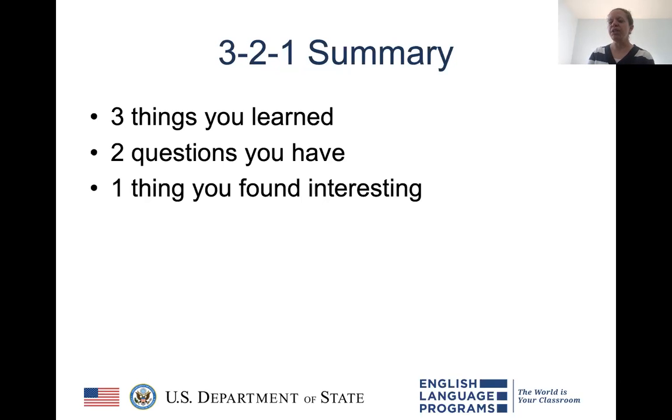A 3-2-1 summary is another great way to have students think about a reading afterwards. A 3-2-1 summary is very flexible. It might look something like this. Have students tell 3 things they learned, 2 questions they have, and 1 thing they found interesting. But this is not set. We can change what the 3, 2, and 1 are depending on the needs of our learners and what we're